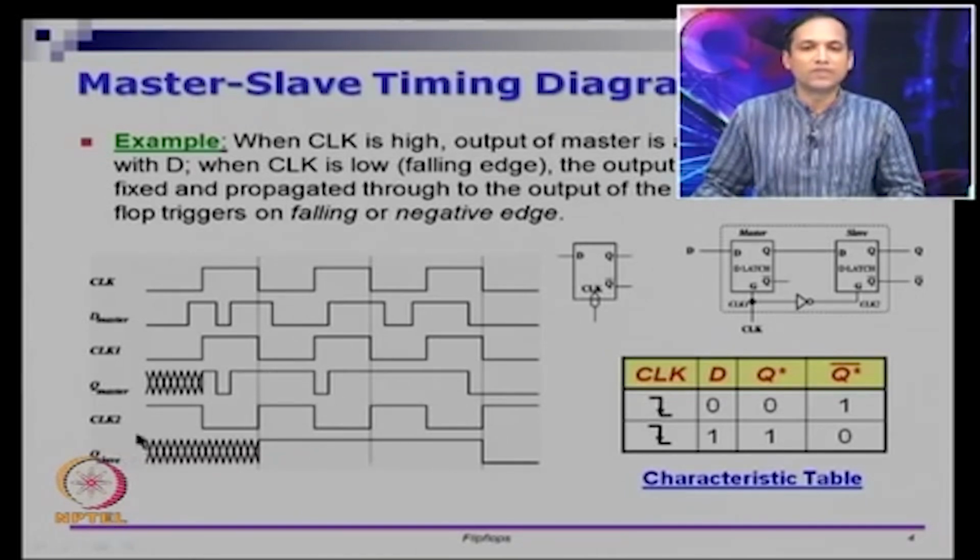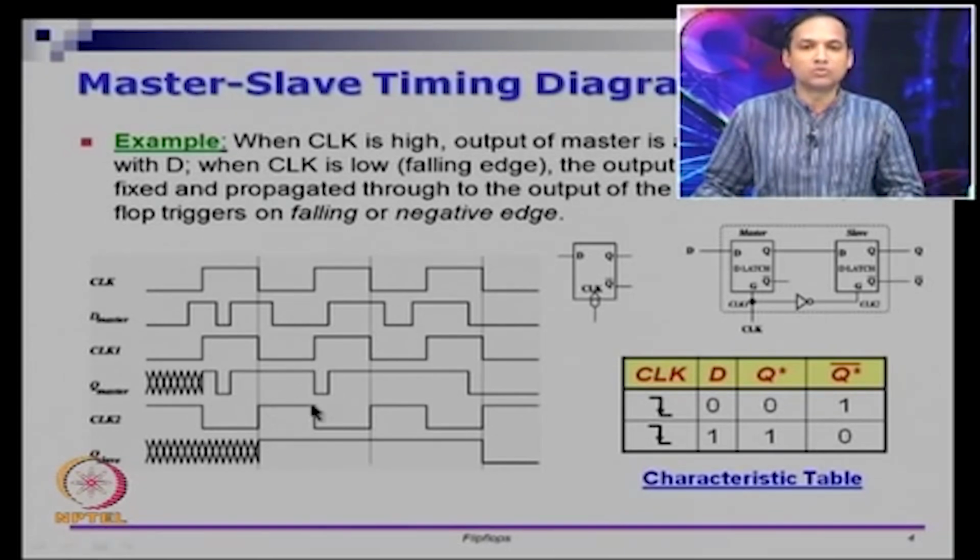So we don't worry about what is happening here for now, because this is the first time when CLK2 is on, right. So we know all the data input, but here the data is not known. Clock 1 came on, so we do not care about this, and CLK2 is off, so we do not care about Q of the slave here. So once we come past this point, this Q master is 1,